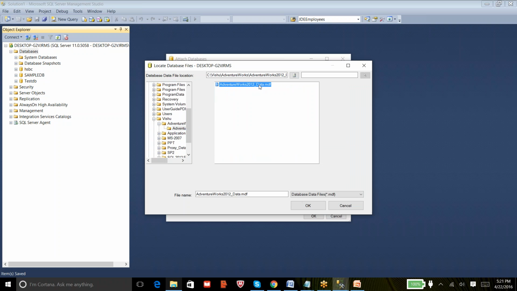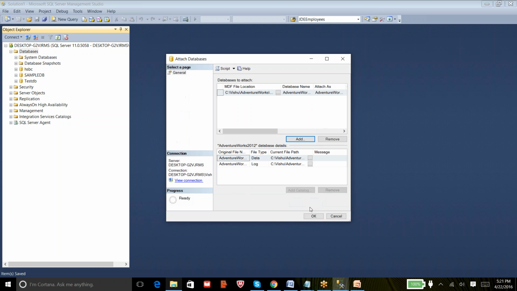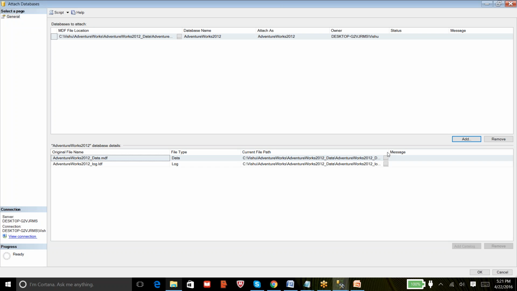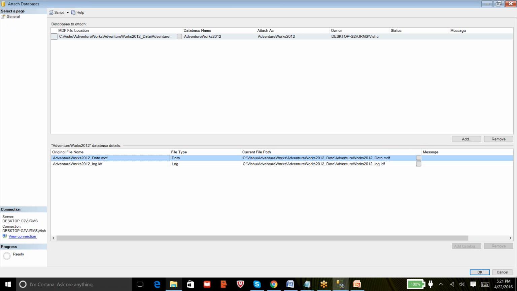This is the MDF file, and you can see that when I selected the MDF file, at the bottom it automatically picked up the LDF file as well. Let me drag it. You can see the LDF file is also picked up by SQL, and now we just need to click OK.